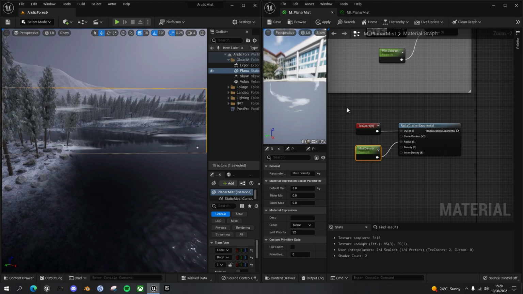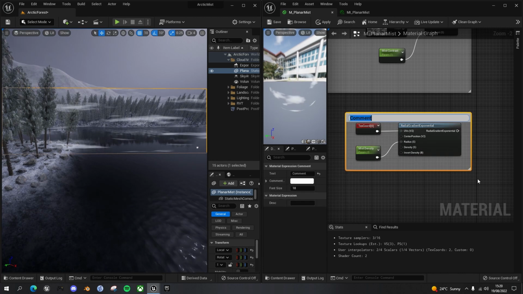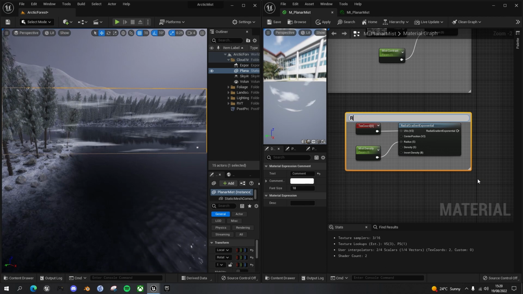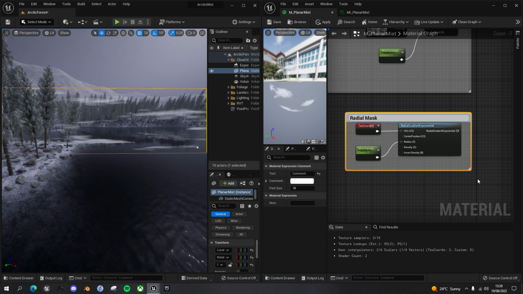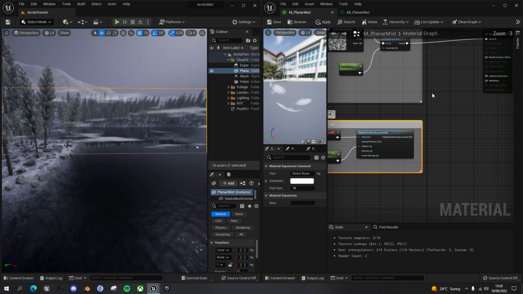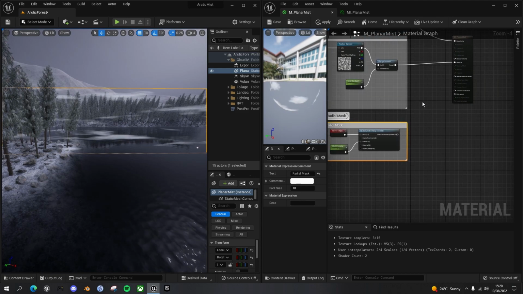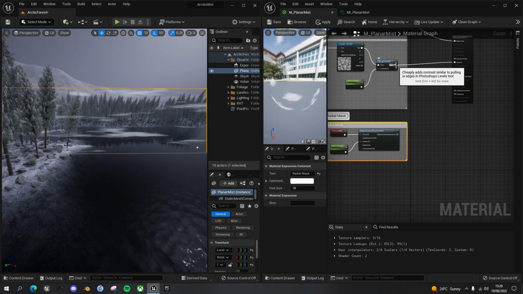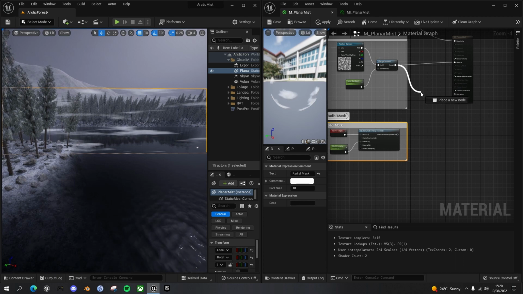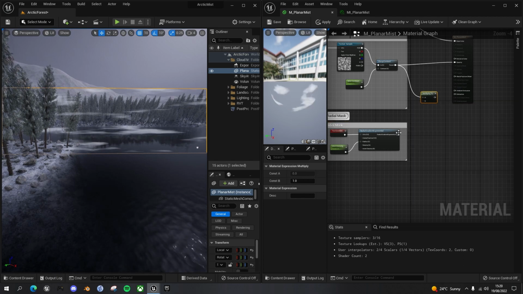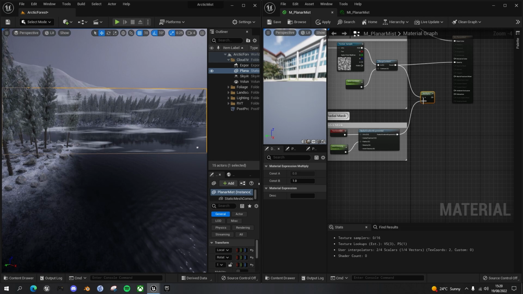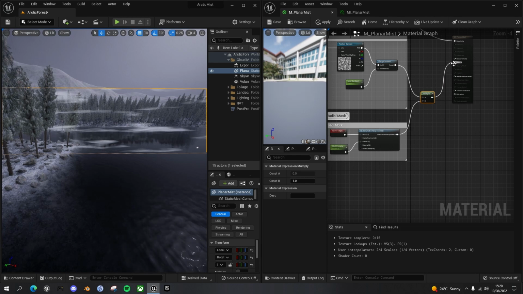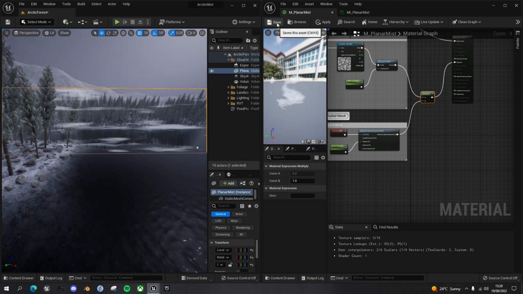So this is now a mask, so let's comment this and call it radial mask, and to apply that we just need to multiply it by the output of our main texture. So multiply by the mask and then plug that into the opacity. And now if I click save,